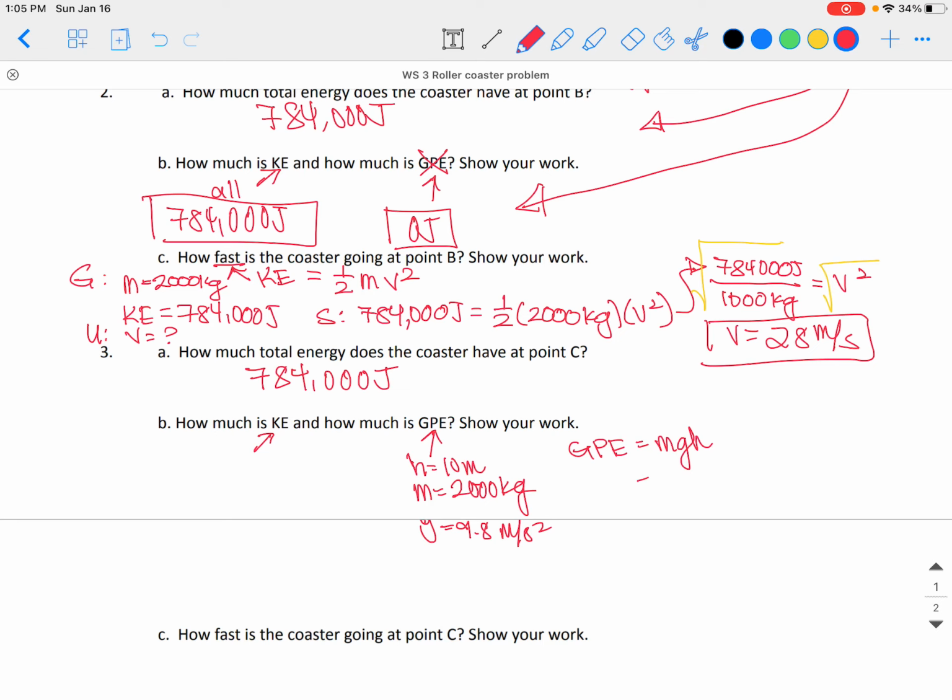mgh. So we're going to take our 2,000 kilograms, multiply it by 9.8 meters per second squared, and we're going to multiply it by our height of 10 meters. That is going to give us a total of 196,000 joules. If this is my gravitational potential energy, my kinetic energy is going to be